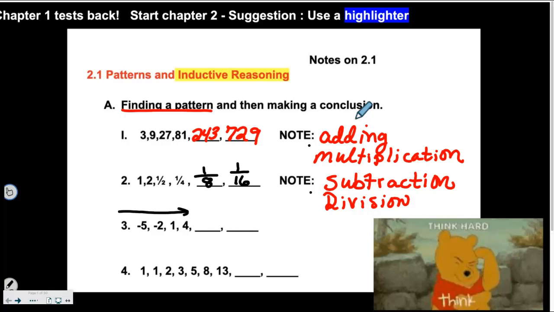And it looks like from here to here, it went up 3, then up 3 more, then up 3 more. So if I verbalize that pattern, I would say I found it. I'm adding 3 to get to the next number, so I'll continue to add 3 and to add 3.